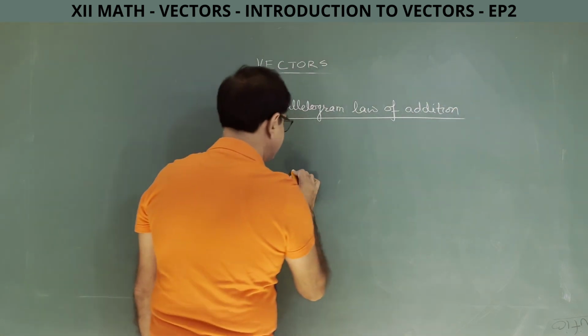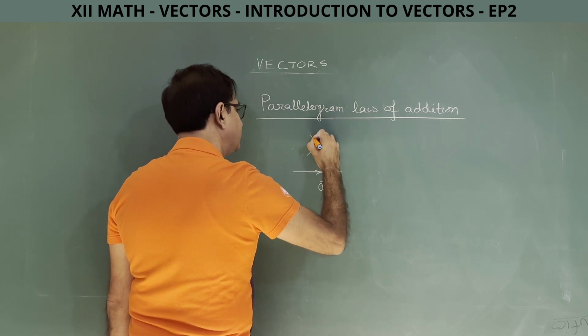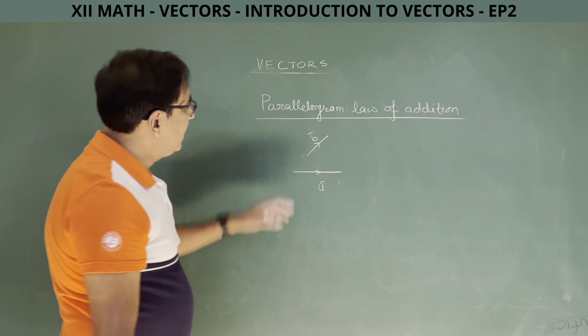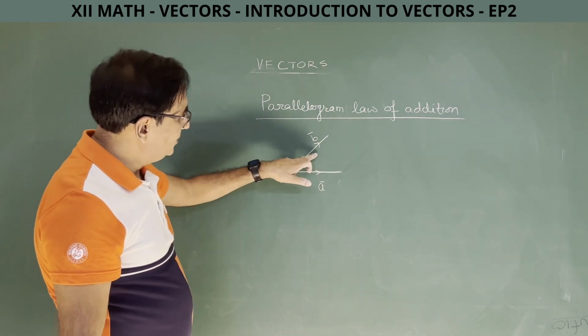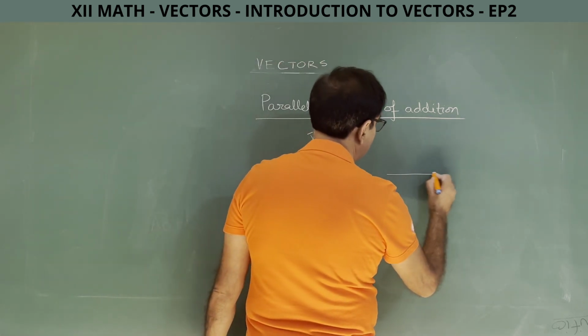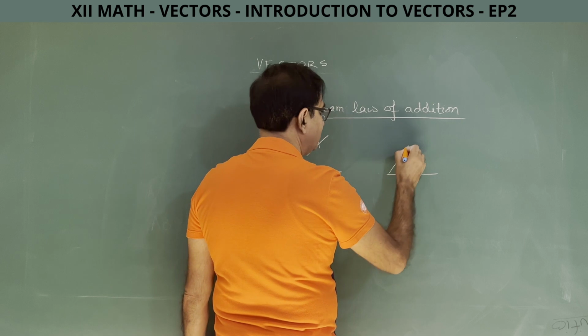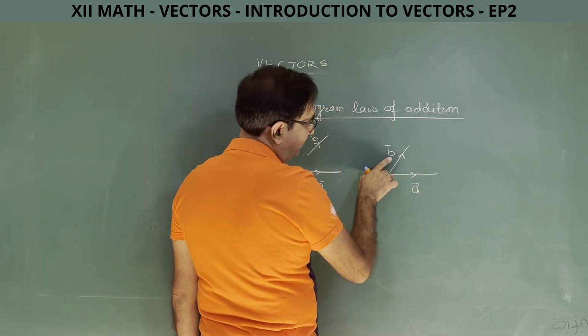Again, let me take two vectors, say vector A and vector B. In triangle law of addition, I push this vector like this. Now I am going to push this vector here. That is, I am going to make them co-initial vectors. Okay, so this is vector A, this is vector B. Instead of pushing it here,